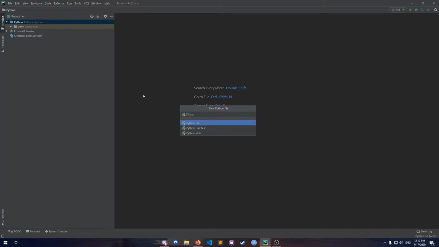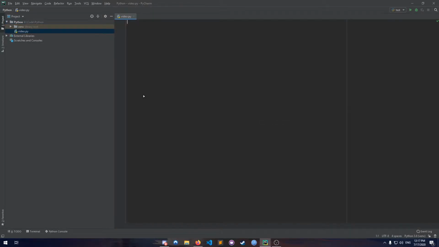a library built in. So let's just make a file and name it video. And this is just going to have all our stuff. So first things first, we're going to import tkinter, which is the GUI library built into Python, and then we're going to create a root window